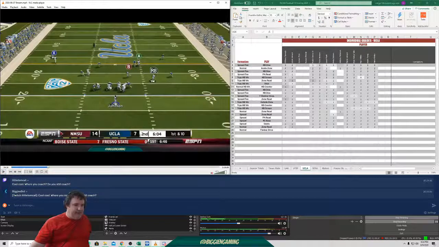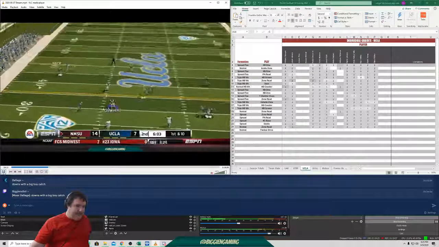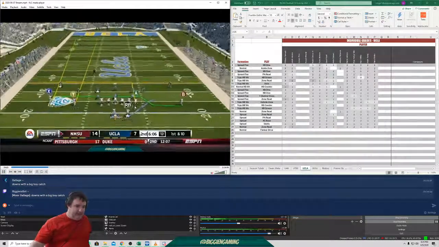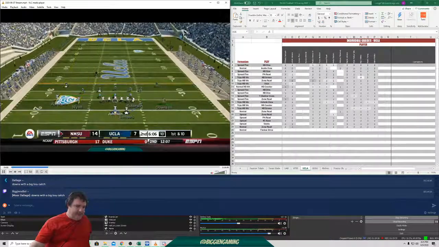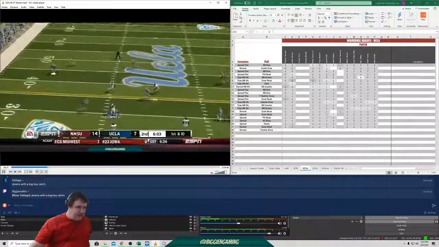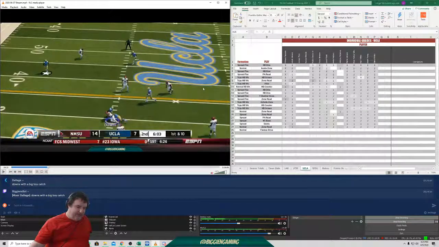So they come with the blitz. They're really running a cover 3. Yeah, that's a big boy catch. That's going to get a slobber knocker into your face. So he comes across, okay? Our tight end needs to take an outside release, get outside like he does right there. Good. Okay, you don't want him to come inside.